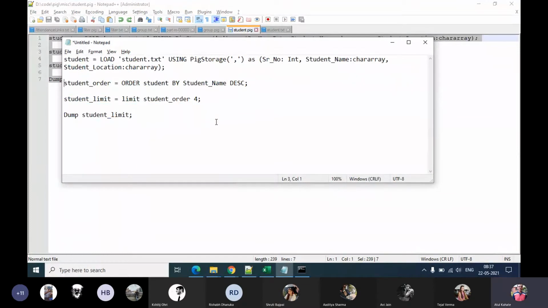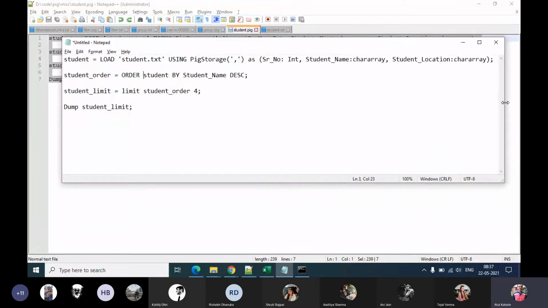Once again, student_order is equal to order student, where student is nothing but this, by student name descending. And then we say limit student order by 4 records. So this is how we can limit the number of records that you want to dump into the output.